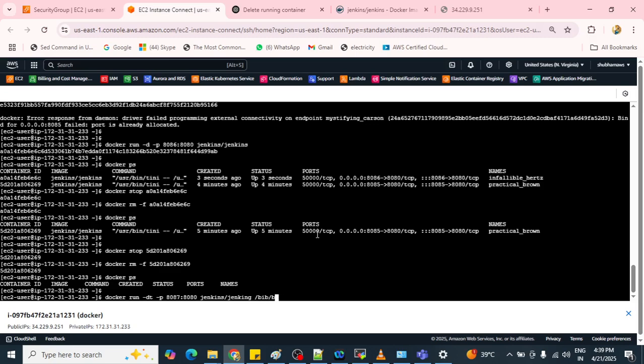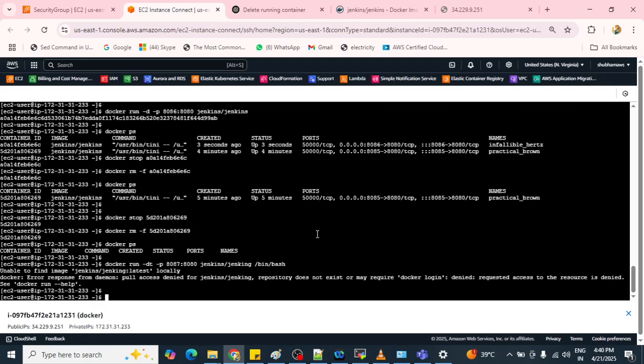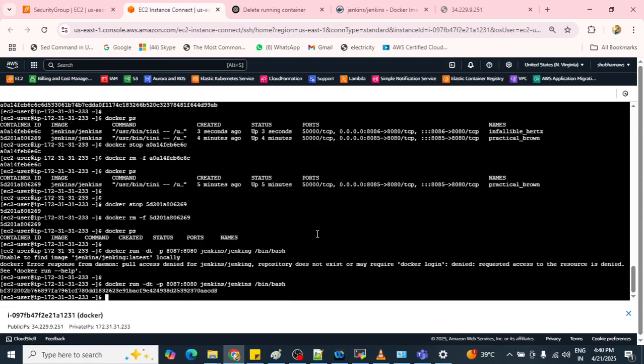Now it says it is unable to find the Jenkins image locally. Okay, I made a spelling mistake. Yeah, now it is fine.